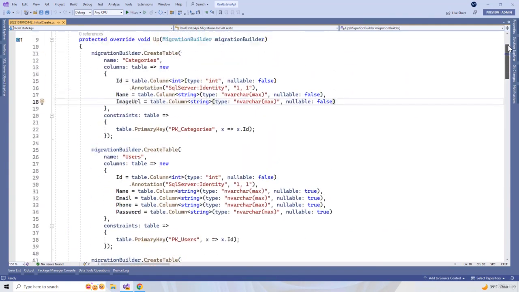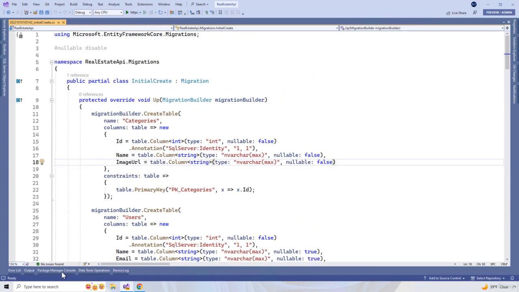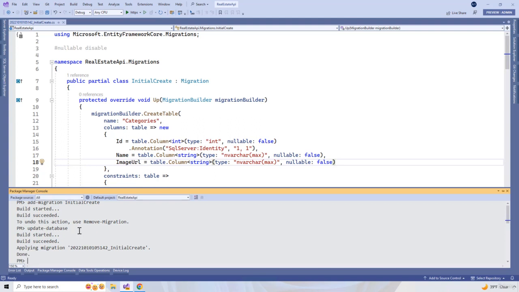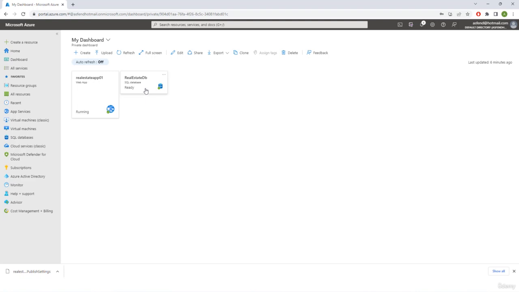Now we need another command to update our database according to this migration script. So let's use another command, that is update-database. Okay, let's hit enter, and here we go. Our migrations were applied to the Azure SQL database. Now if we open the Azure SQL database,